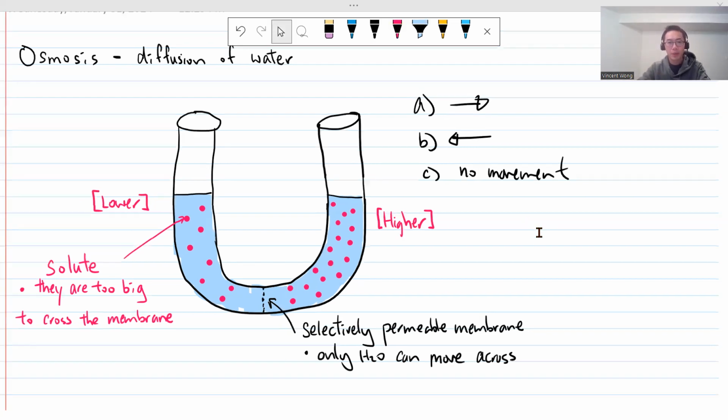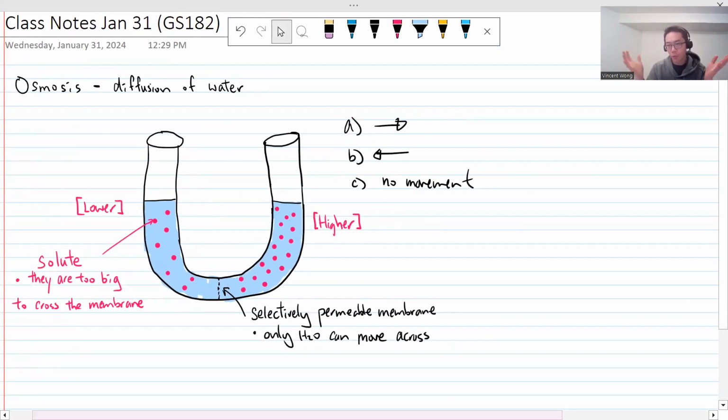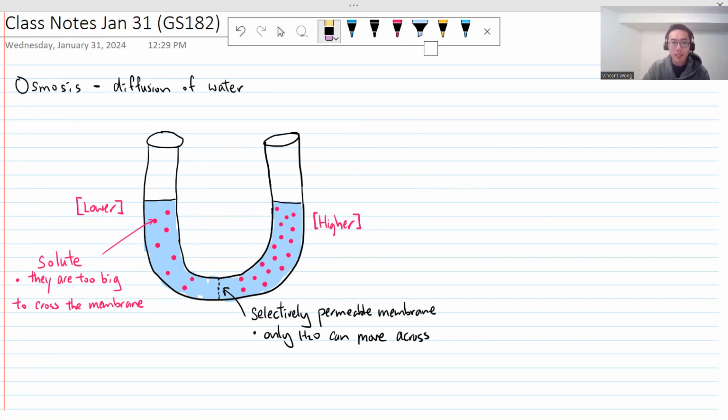So what happens? Well, the red dots, the solute, the salt, for example, they really want to move to the left side, don't they? Because they have a tendency to go from high concentration to low concentration. But they can't because the barrier won't let them go through, right? So what's going to happen? Well, since the red dots cannot move, the only thing that can move in this case is going to be the water,